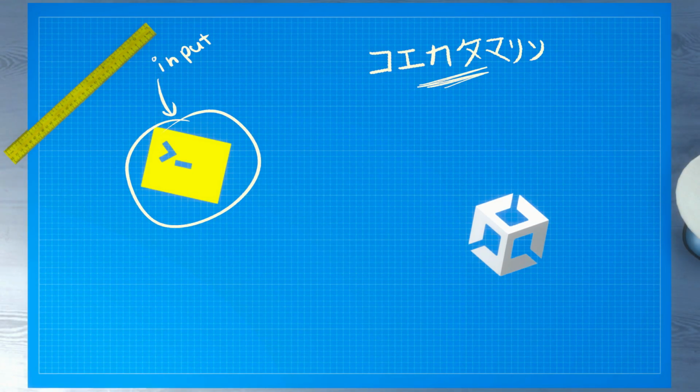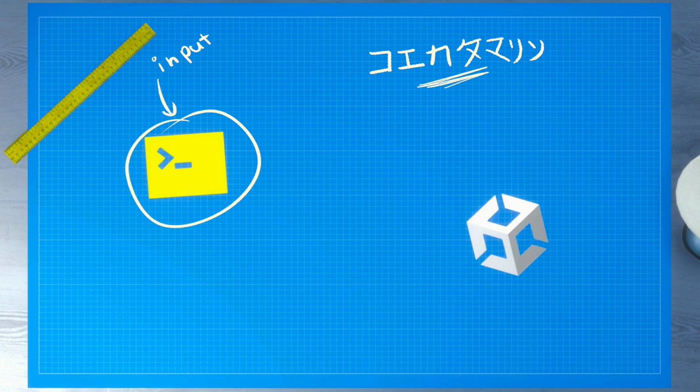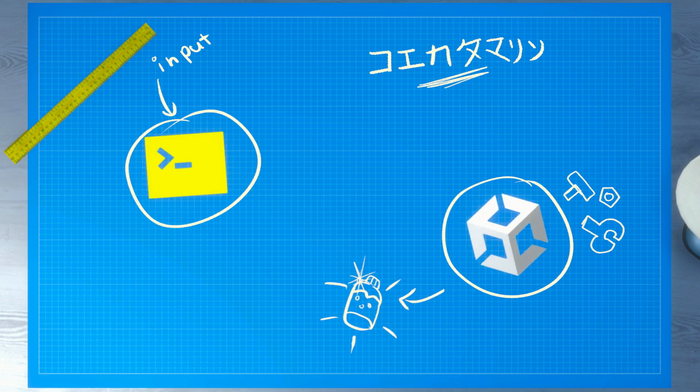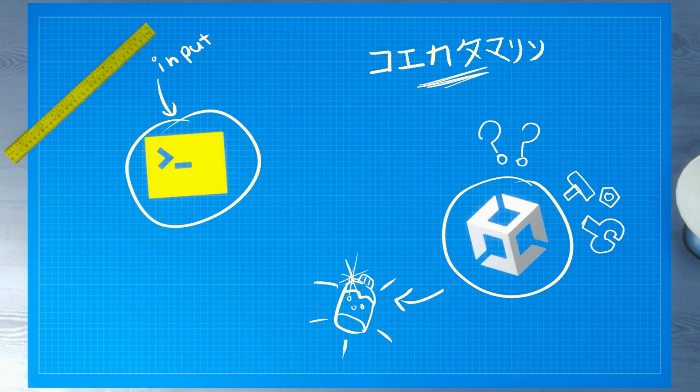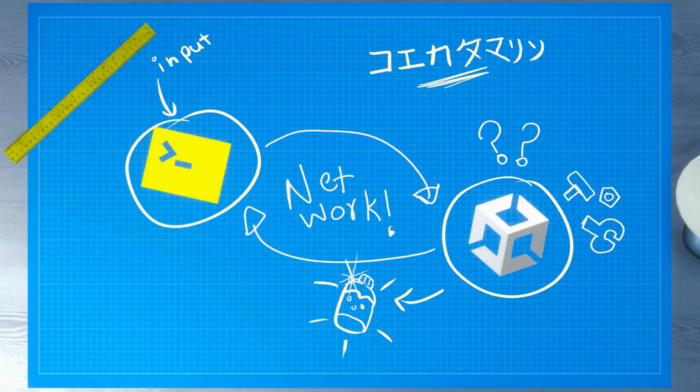This was the state of my project. As you can see, I already had a way of getting the input data through my console application. The only thing left to do now is to take the input data to Unity to make my speech gadget. But how? As I mentioned earlier, I've already worked in a similar setting. The solution is to create a network between the two apps so they can communicate with one another.